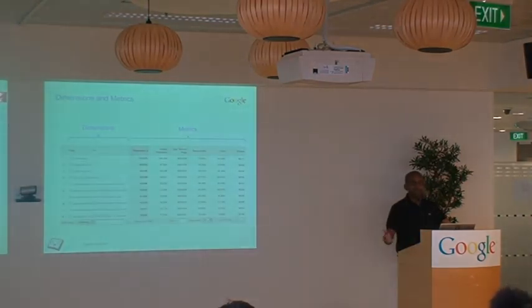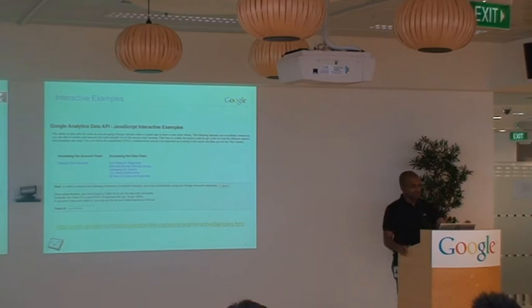Google Analytics data is defined under two sort of buckets. We have dimensions and we have metrics. The way I like to think about it is that metrics, so these things here, are anything that has a number associated with it, right? So if you see digits, that's a metric. And then dimensions are anything, like a page, for example, that has a lot of variable values that are usually represented in words. So the country, browser version, page name, these are all dimensions. And so with the Google Data Export API, you can actually start to pull these dimensions and metrics down the wire in real time as you need it for your own purposes.